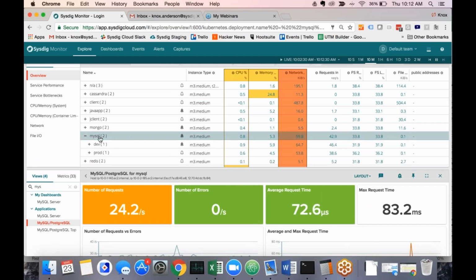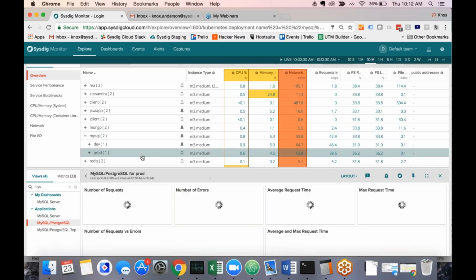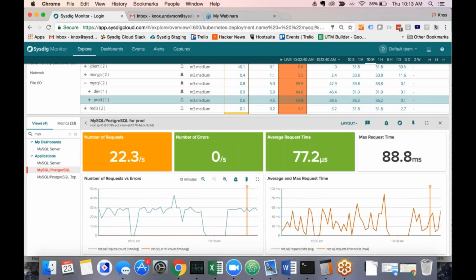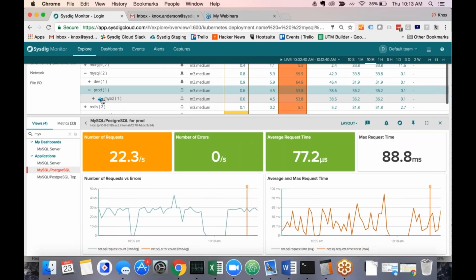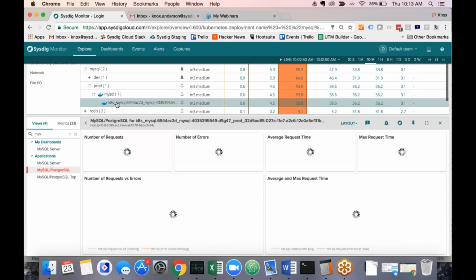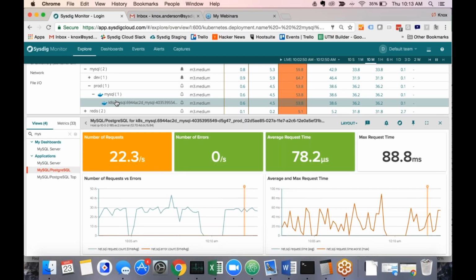So right now we're looking at how MySQL is running as a whole, but I really just care about how it's running in prod. So if I click on that here, it's going to redefine the scoping and show me data about how MySQL is running only in my production service. And then you can drill all the way down to a specific container, an image, and kind of see how